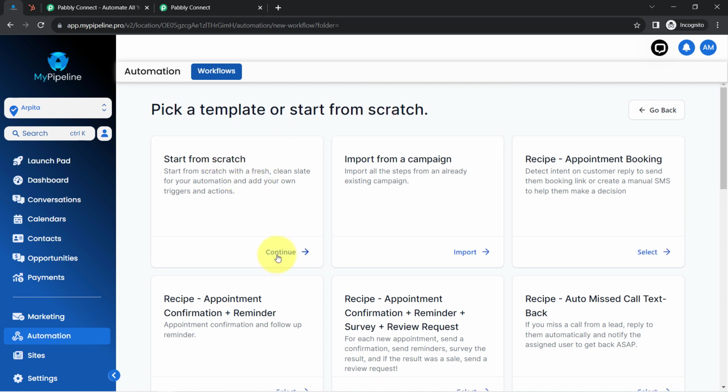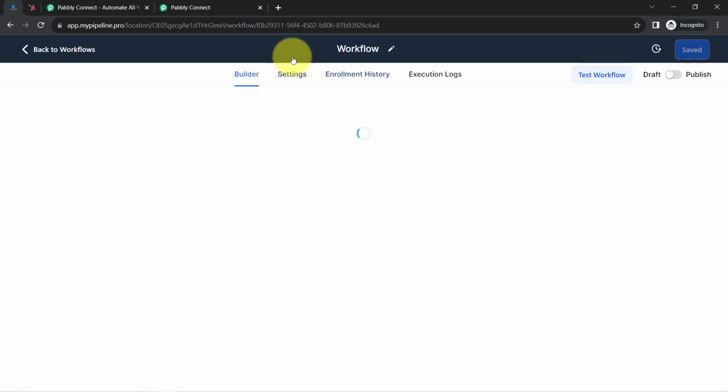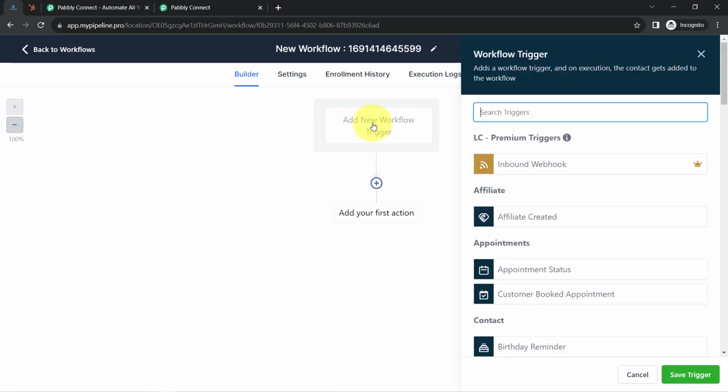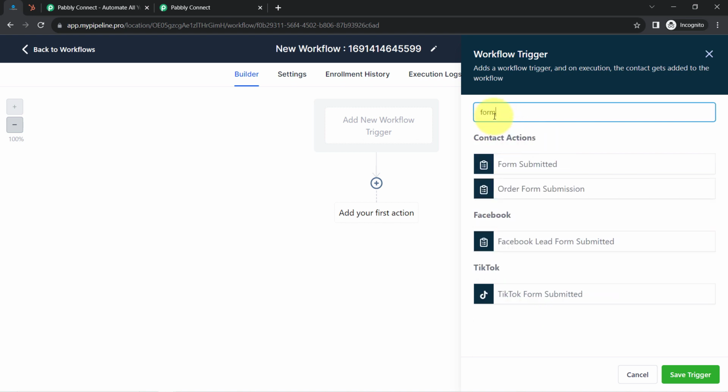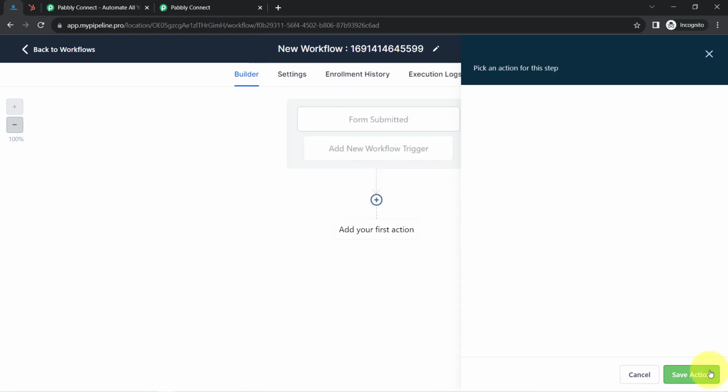Okay, so clicking on continue, and here firstly I will select the trigger event. Okay, so this is the builder section, add a new workflow trigger. Simply click on this box and it will give you several options. I want that whenever the form is submitted in MyPipeline, the data should be sent to Pabbly Connect. Okay, so I have selected the same. Simply save this trigger, and